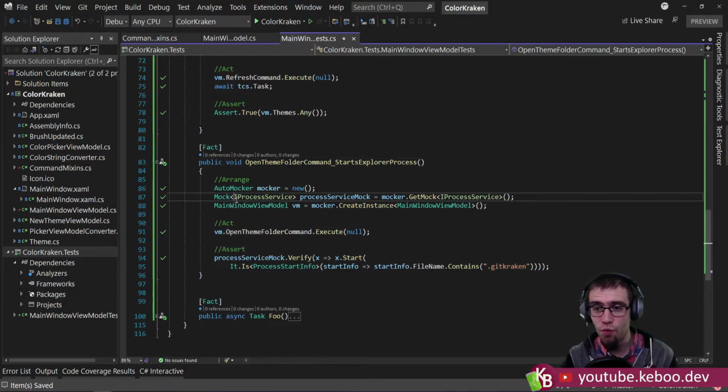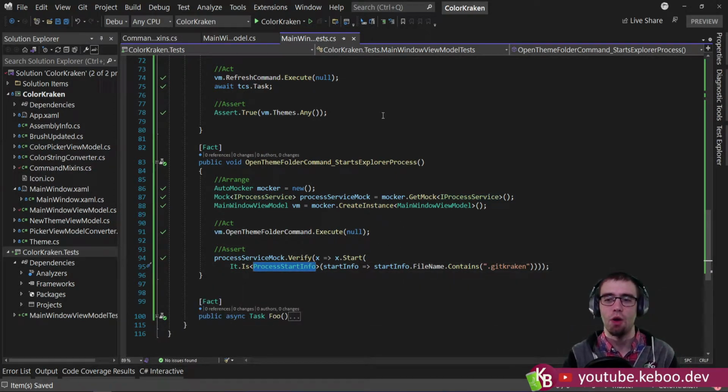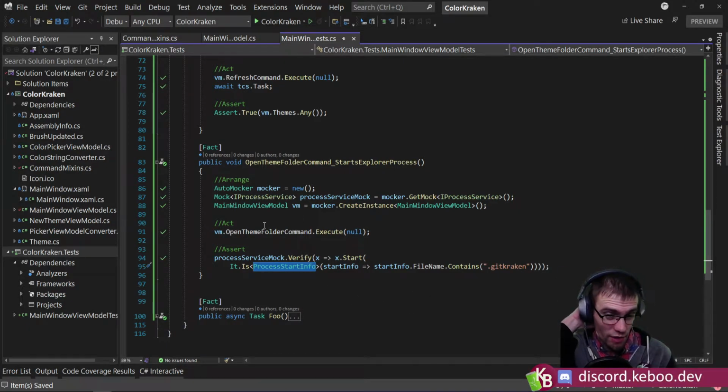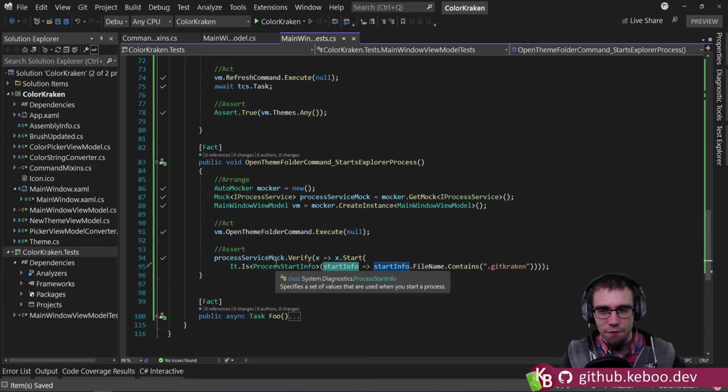And again, you could write your own class that implements IProcessService. And on that class, you could implement this start method, and you could use that to hold on to the start info and do your own validation. You could do all of that. All mock is doing is giving you nice, easy callbacks where you can write lambdas. If lambdas seem difficult or challenging,